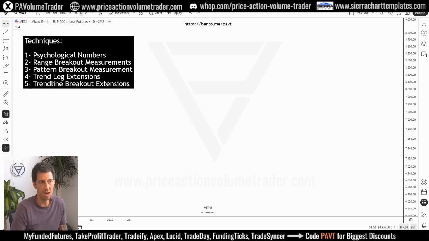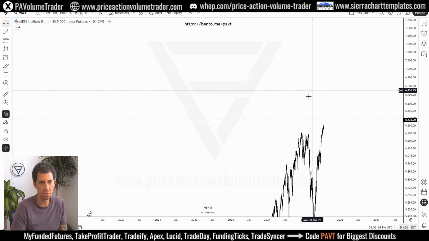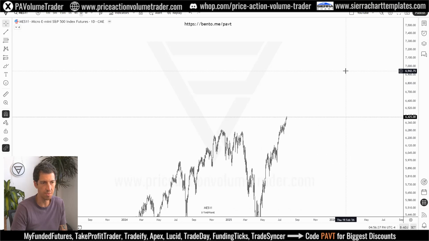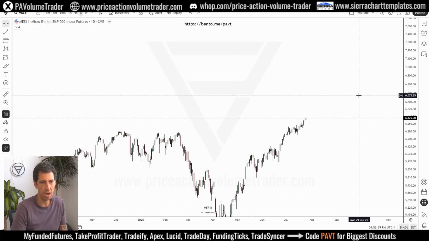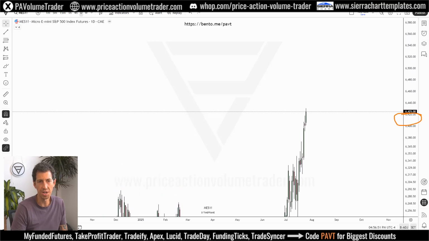For example, the ES market now, well, this is the micro MES, but it's pretty much the same levels. You can see, for example, here, we're trading at 64.25. And so if we zoom in here, we obviously know that coming up, this 6,500 level is going to be a very important level